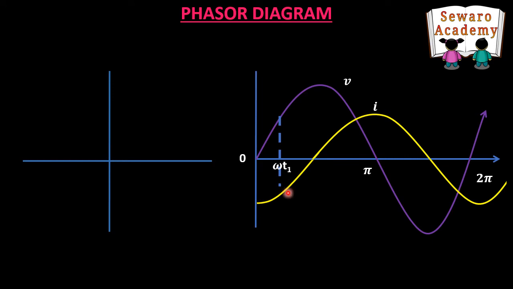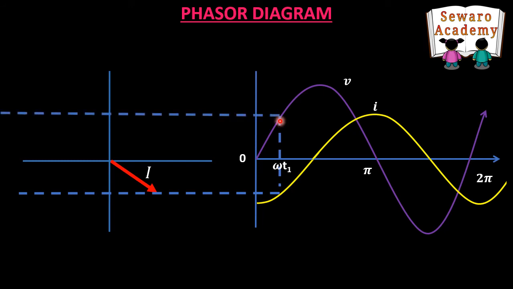At first we drop a horizontal line from this intersecting point, and then we draw a phasor I. Now similarly we drop a horizontal line from this point, and in order to draw the phasor V,